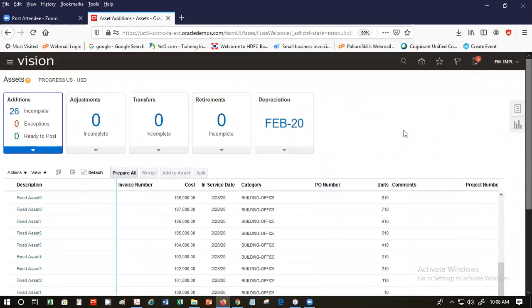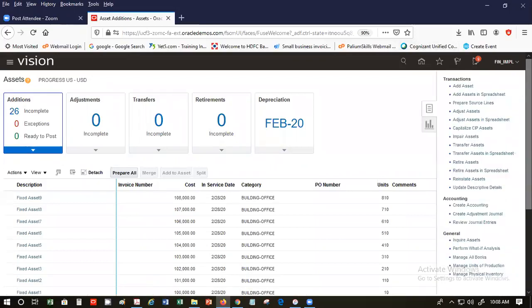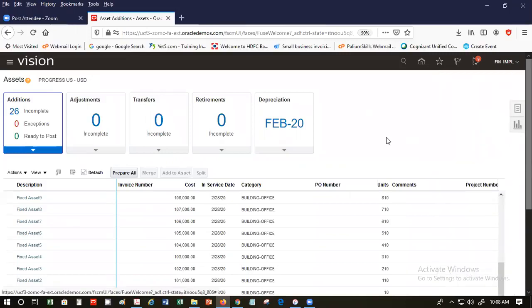the month of February that it is open. Okay, I'll check this out. Maybe it is the date that is causing the issue. So we'll have to check that out. Okay, and now whenever any asset is created, like we saw in this inquiry,